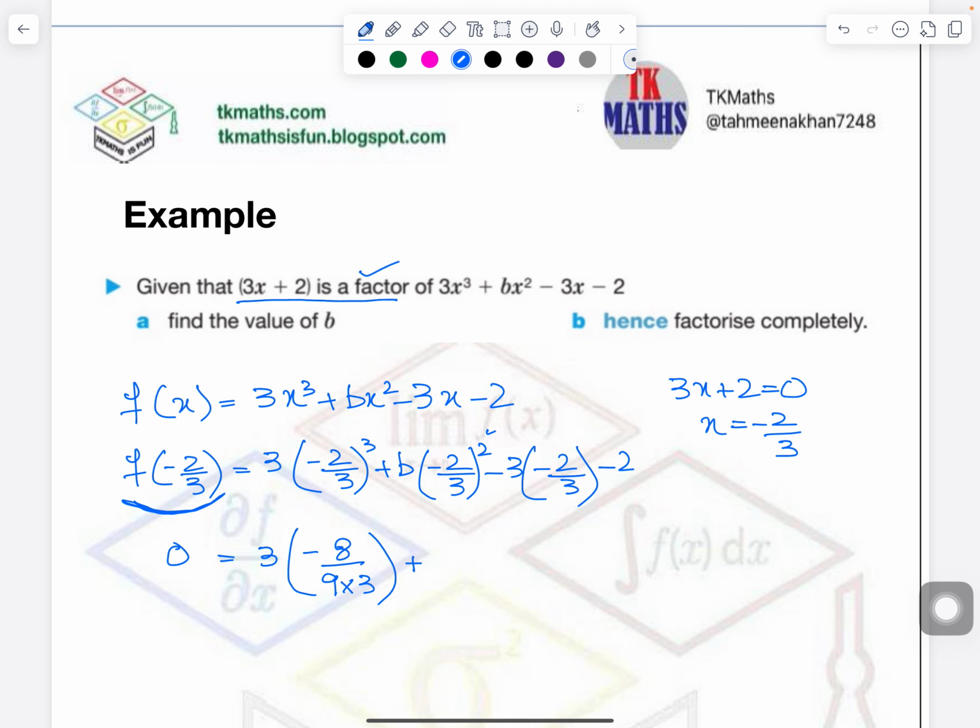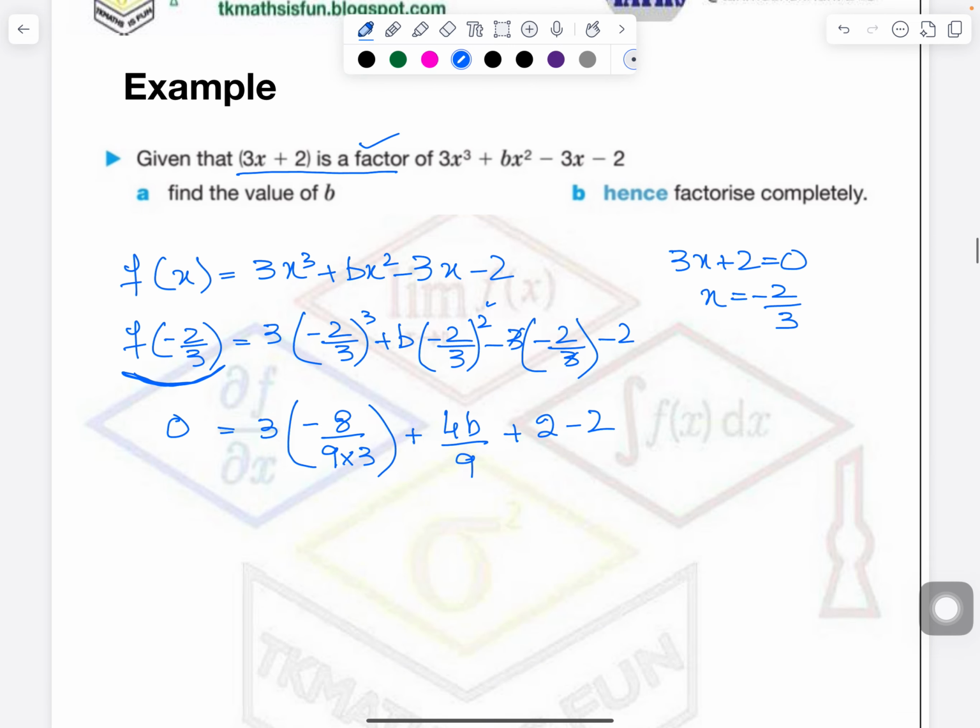Because it is a square, it will become plus 4b upon 9. 3 will cancel with 3, plus 2 minus 2, right? So this 3 I can cancel with this one. So I am getting minus 8. These 2 will also cancel out. Minus 8 over 9 plus 4b over 9,